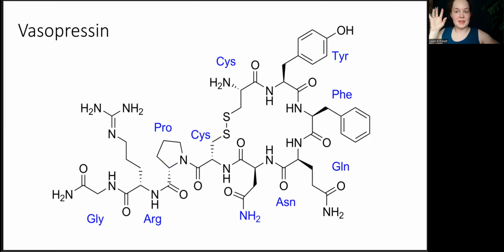And now to vasopressin. This big old beehive of amino acids is also endogenous to the body. It's also known as antidiuretic hormone, or ADH. It's largely synthesized by the brain in response to changes in things like serum osmolarity, but it can also be released by cardiac myocytes or the adrenal glands when they detect